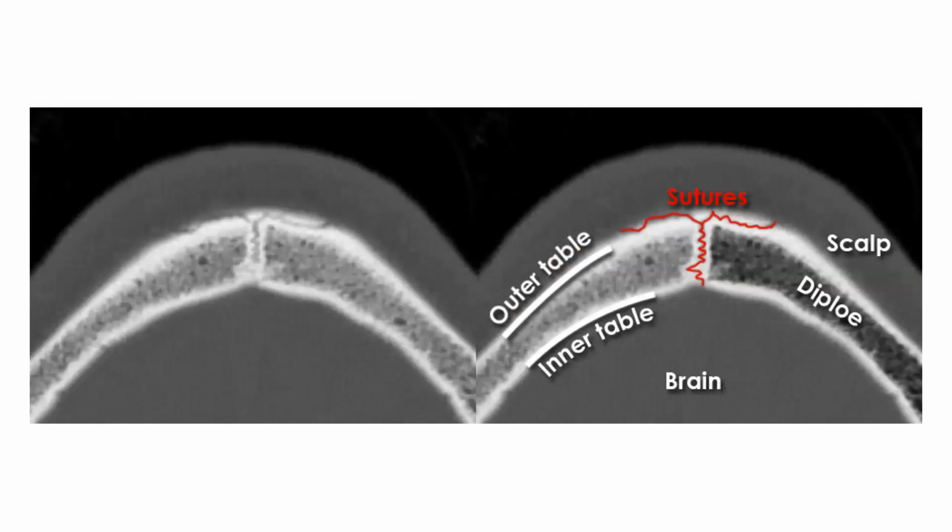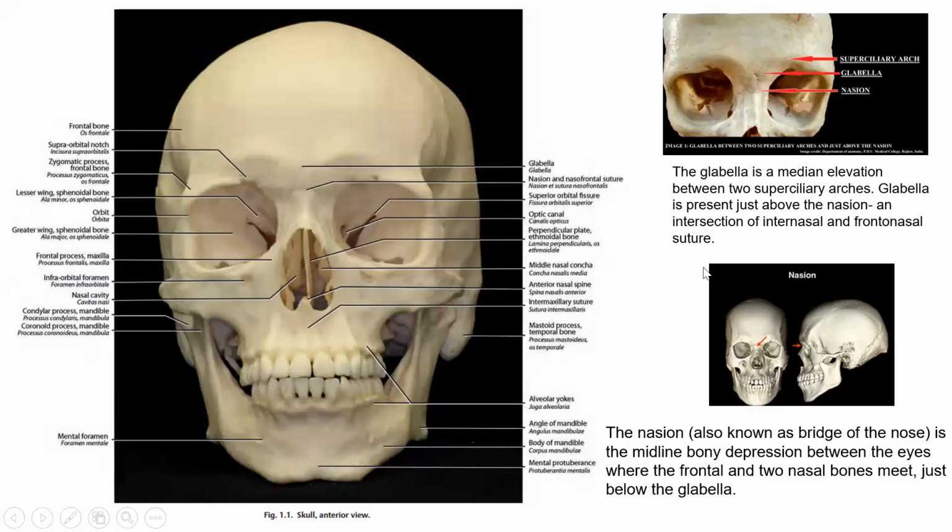So when you look at the CT scan, you can see this is the outer table and the inner table, and between them is this diploe. You can see over here this is the scalp, and this is the zigzag area of the suture. So coming into